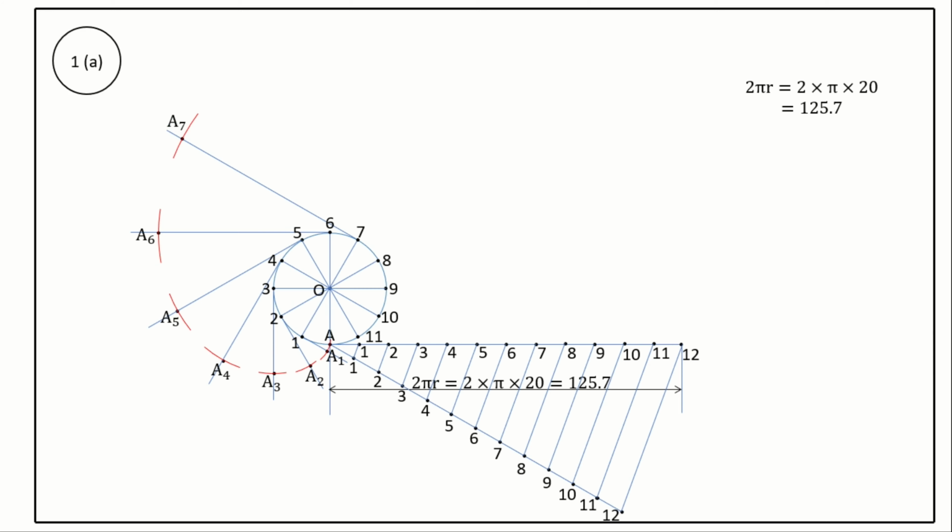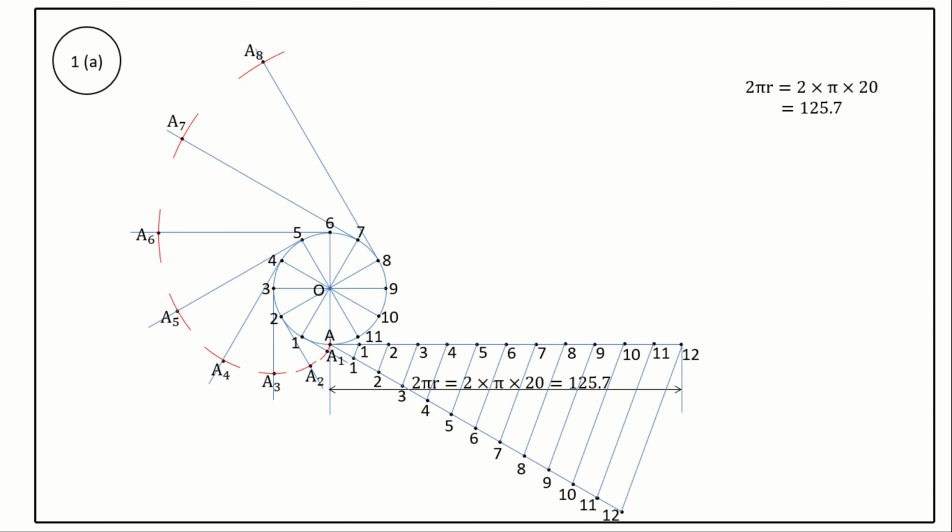Similarly, from the point 8 on the circumference of a circle, draw a perpendicular line to radial line O8. Take a protractor and draw a perpendicular line to O8 from the point 8. This line is tangent to the point 8. Take a compass, measure the length A8 on the horizontal line with center point 8 and radius of length A8. Cut an arc on the line tangent to the point 8. Mark the point as A8.